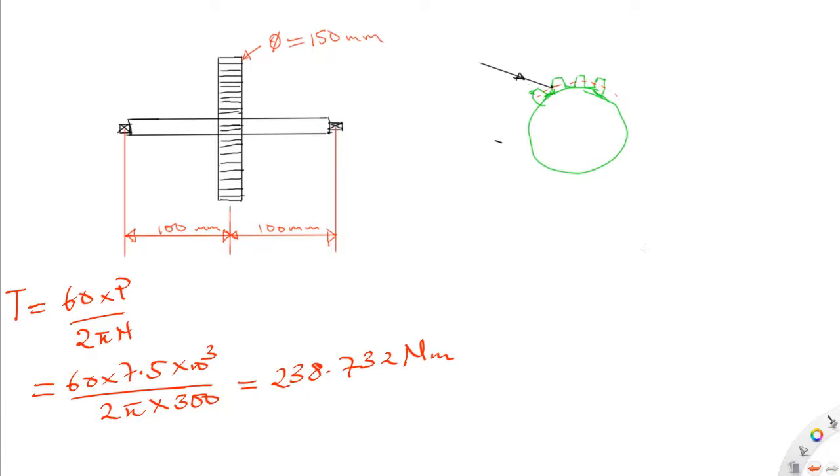It's acting in that direction. Then there will be another load. All right, this load has to be resolved into two. The load that transmits the power, or that provides torque to the gear, which is transmitted through the shaft, is tangential to the gear. All right, so that load is tangential to the gear, or tangential to the pitch circle of the gear, and